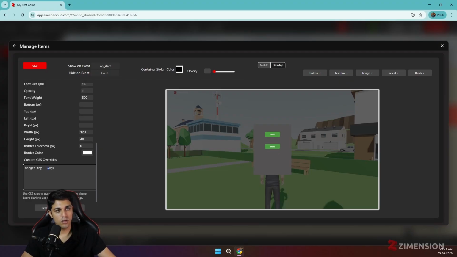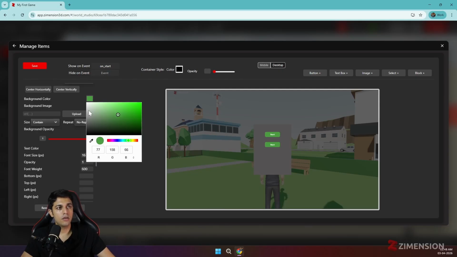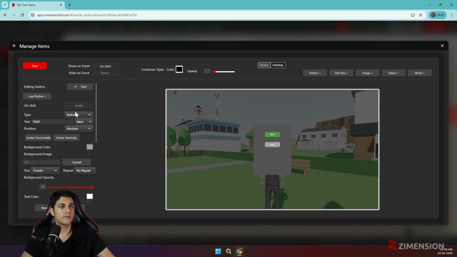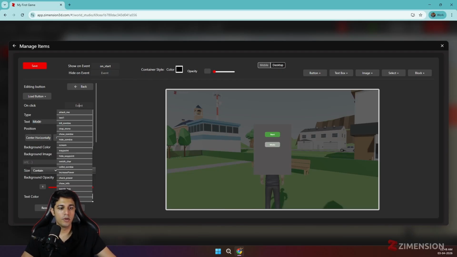So it's going to go up by 80. Okay, and I can change the color to grayish or something. And you can name it anything you want, like mode, which will open mode,